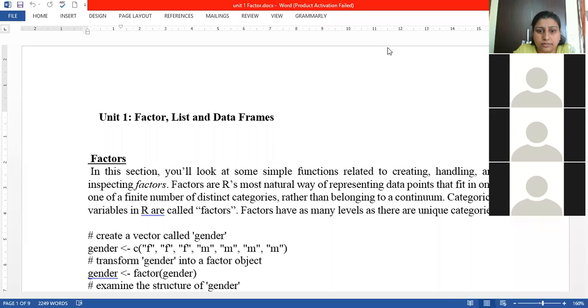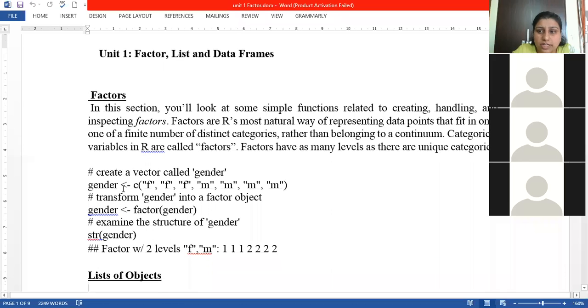Okay, let's start. So I'm discussing a different data structure, and that data structure is the factor data. I told you that a factor is a unique grouping of the categorical variables. If you have different categories of variables which can be grouped together, then we can store them into factor variables. How do we create factor variables?